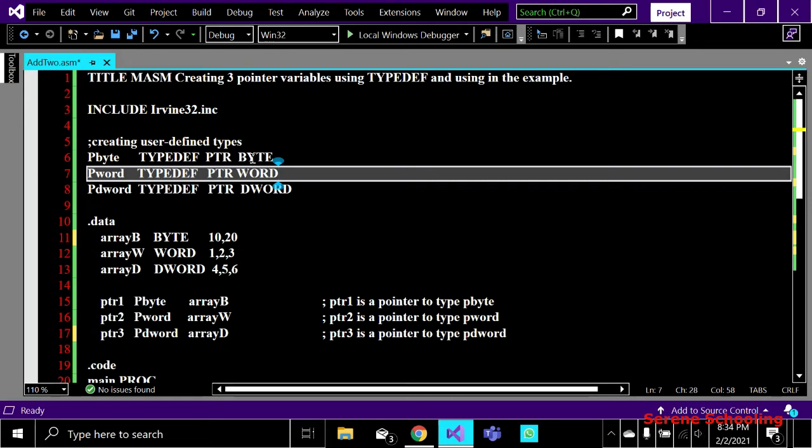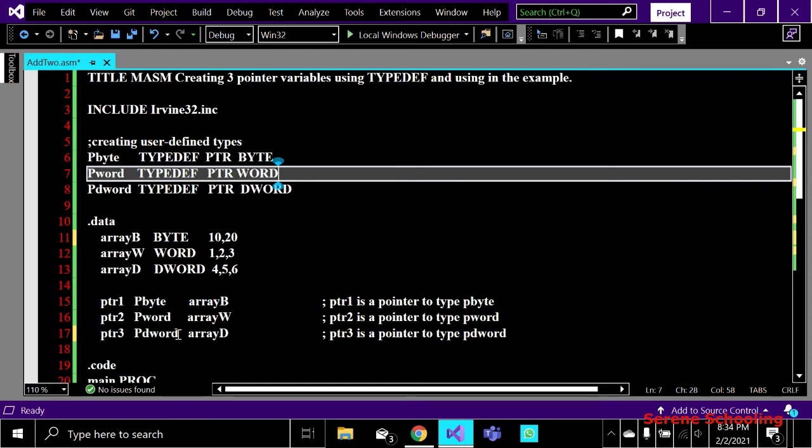Similarly over here, this ptr2 is my pointer variable, and this p word means that it is going to point to an array whose type is word. And that array is array w, so here you have to write its name, that is array w.